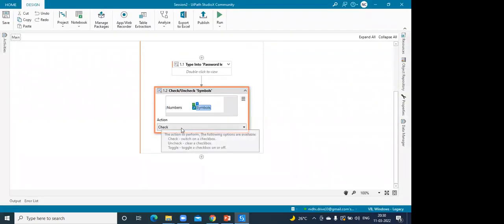Now you can see in the action, there is check, uncheck, or toggle. So right now we want to uncheck it, right? And then you have the option to check it and toggle it. It simply means if it's checked, it will uncheck it and the other way around, right? So make sure you choose the action appropriately. So you want to uncheck it,